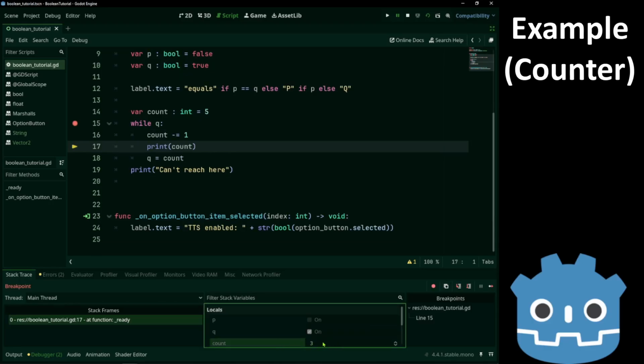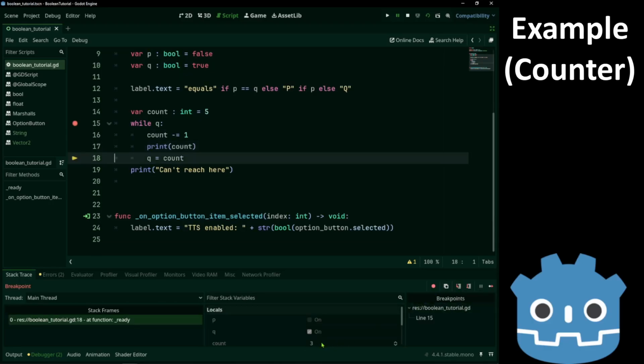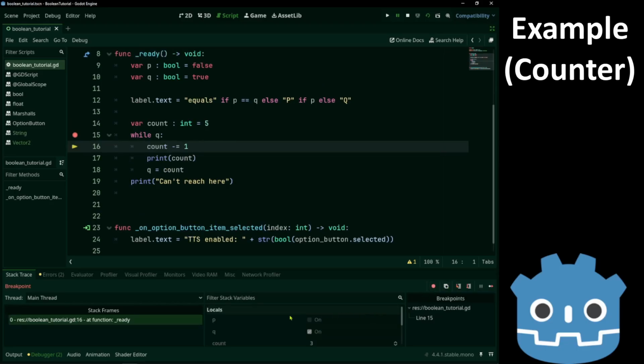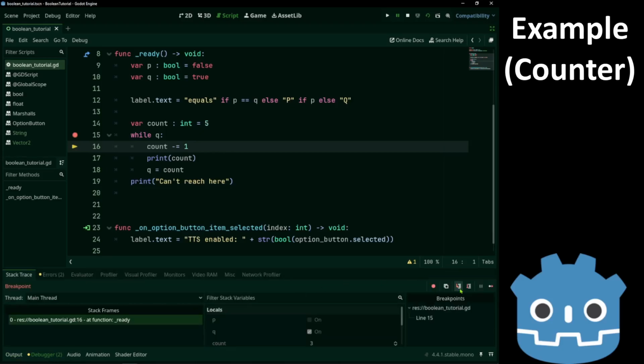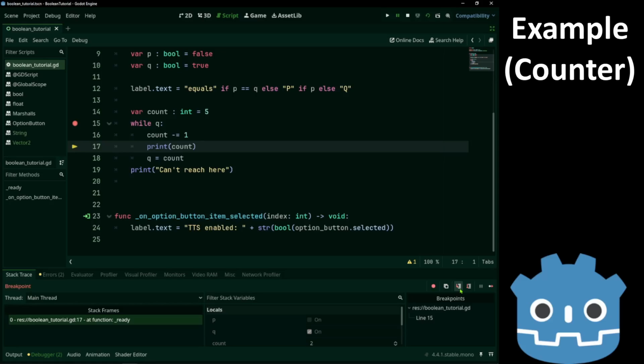Count decreased. Q still true. We print it, I forgot to say that. And let's skip to the end real quick.